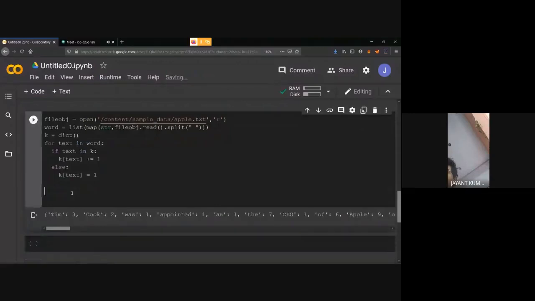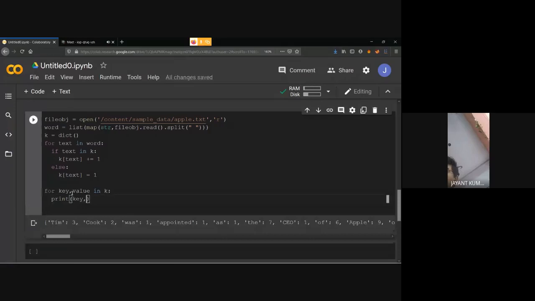Let's show it in a better manner. For every key and value in dictionary k, we will print the key equal to its value.